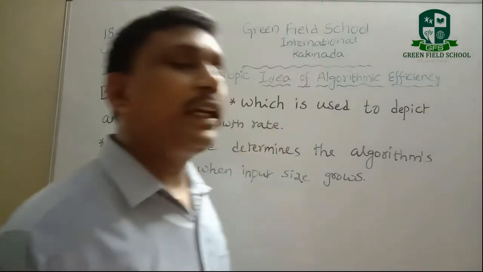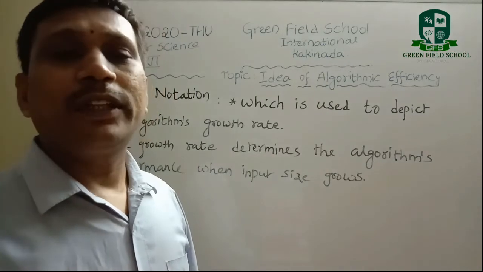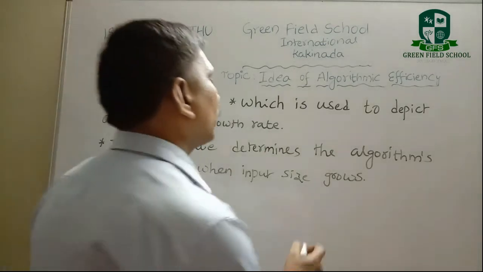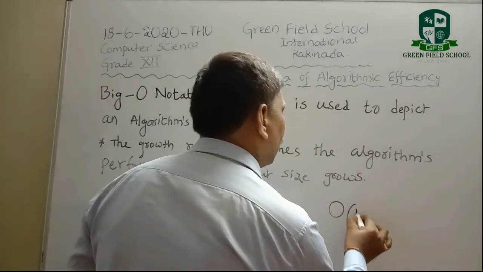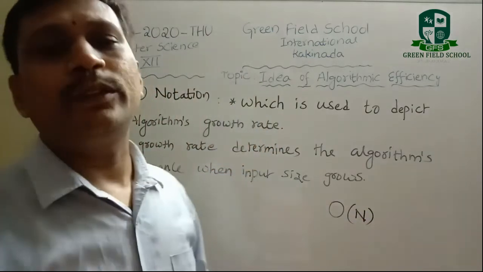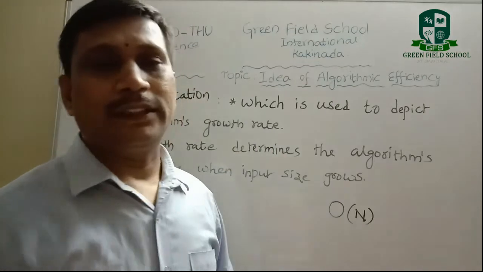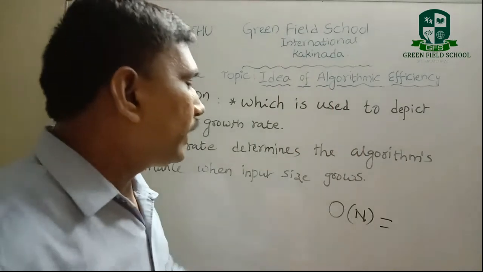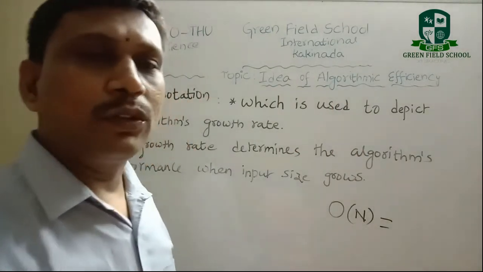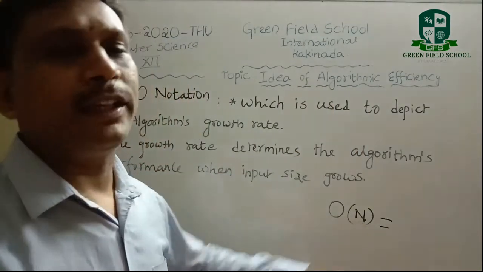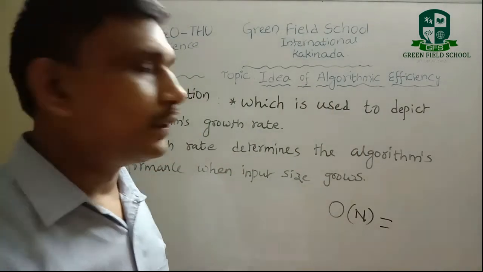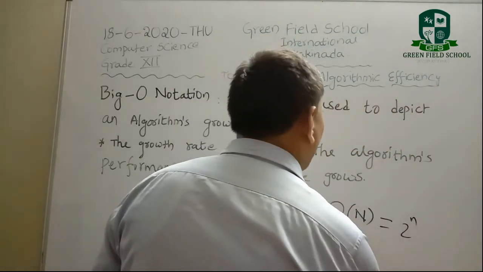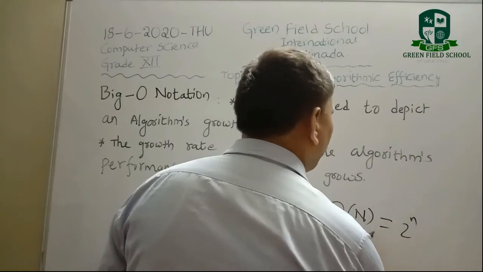This notation can be written in a formulation manner: order of n, where n is the input size. Suppose one particular algorithm has big O of n equal to, for example, 2 power n. In another technique, big O of n is